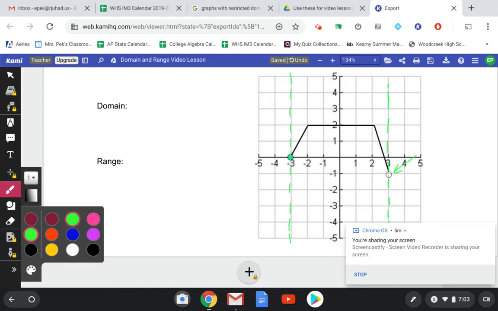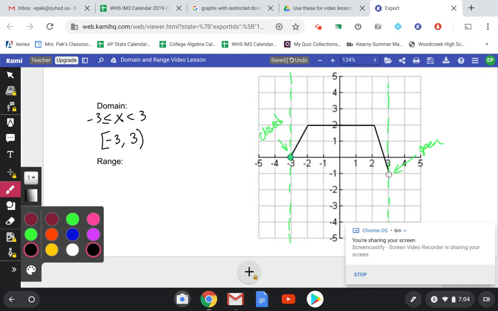Notice that this one is an open circle, and this one, I'm not sure why they made it green, looks like a closed circle to me. So we're going to include that point, but not the positive 3. So our domain is going to go between negative 3 and 3, and we want to include the negative 3 and leave the positive 3 excluded. Interval notation would be square bracket negative 3 to positive 3 with a rounded bracket